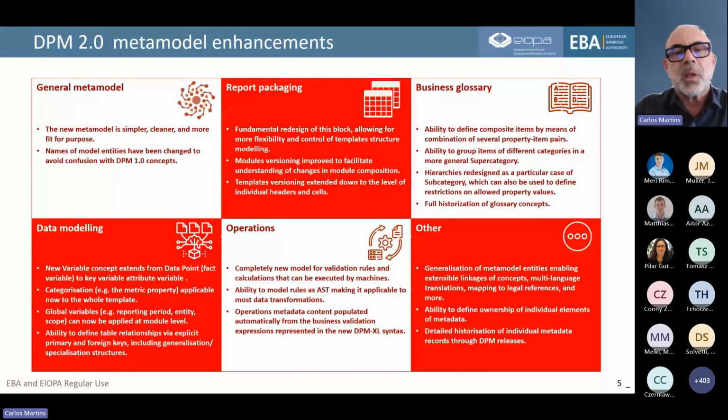Global variables have also been introduced. You can assign them directly to the whole module, to define variables like the reporting period or the entity and the scope of consolidation, for instance.